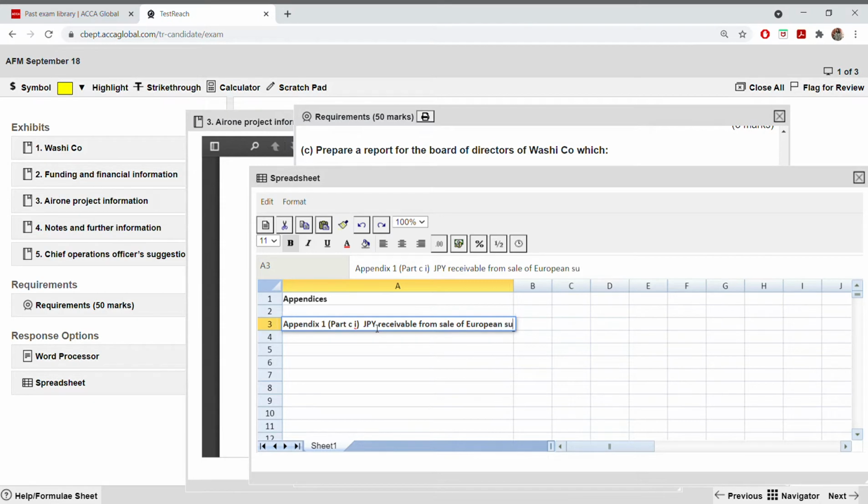European subsidiary, under each hedging choice and the additional debt finance needed to fund the Air 1 project. I'm not going to write the whole thing. You can just complete it. So now I'm going to use the forward rate. I will just bold it. Under forward rate,